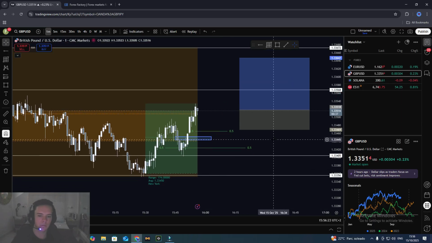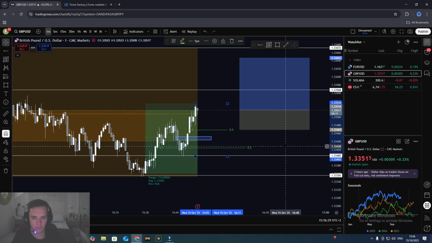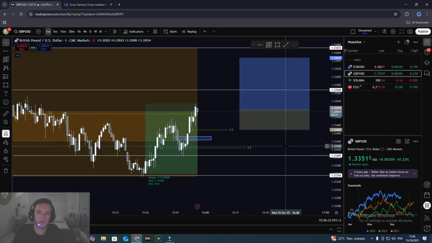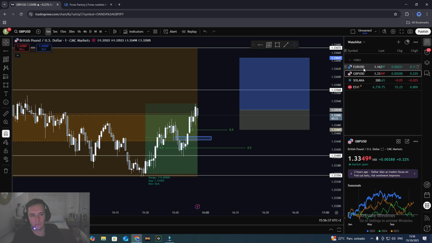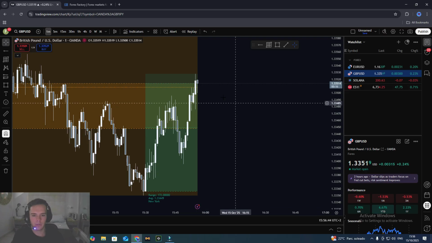Sometimes different charts do respect fair value gaps and show us wicking into them, and some don't. But be careful of that sometimes. For example, MetaTrader 5, the charts on there are different to CMC Markets charts. They're more like, I think it's Oanda. If you look on Oanda, there's not really any difference.